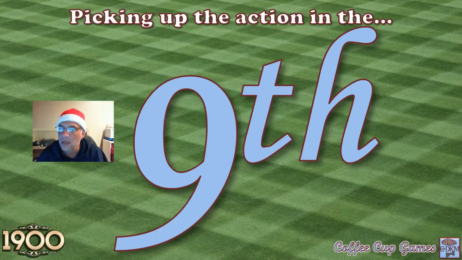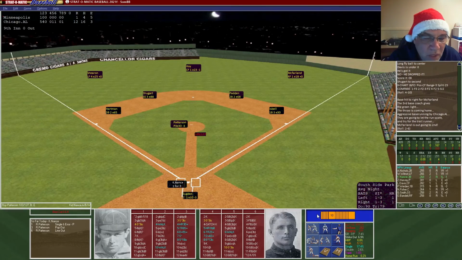inning. Entering the top of the 9th inning, the score is 12-1. After a huge second and third innings for Chicago, they added runs in the 5th, the 6th, and the 8th. So the score is now 12-1. Roy Patterson, the starter, is looking to complete the game. He's only allowed 1 run, which happened in the first, and he's only allowed 4 hits. Roy Patterson looking to complete the game.